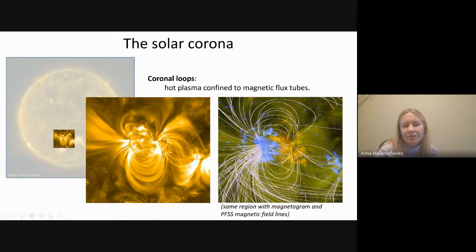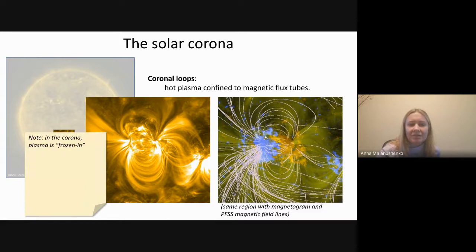Coronal loops are arches that connect opposing polarities, and these magnetic field lines come from a rather simple model. Having said that, the comparison is stunning, and there are also physical reasons to believe this. In the solar corona, the plasma is what we call frozen in.